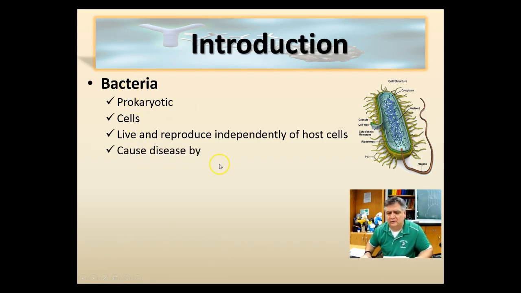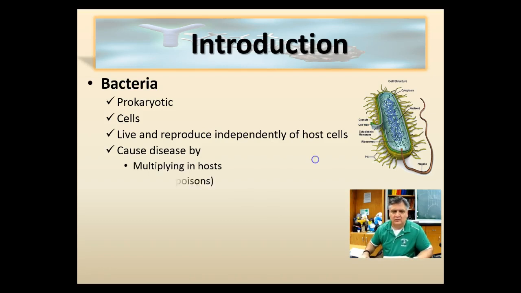So how do bacteria then cause disease? Well, they cause disease by two main ways. One is by multiplying and growing inside the host organism, that is to say, inside your body. And when they grow and multiply inside your body, they compete with your cells for the resources of your body. And they outcompete those cells. They hog up all the resources. Your cells don't get the resources they need to live and reproduce and grow inside your body and do the things they're there to do. And so eventually they run out of resources and they die.